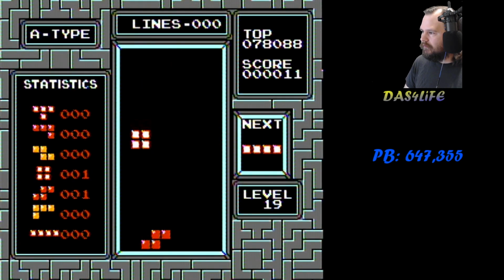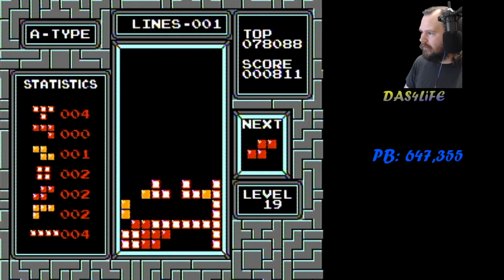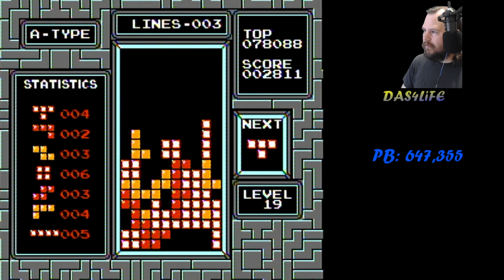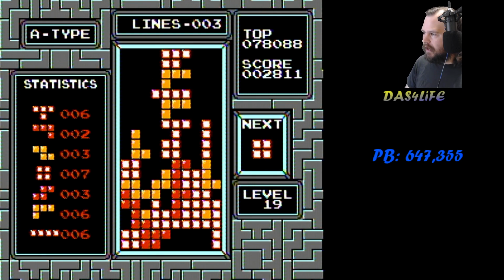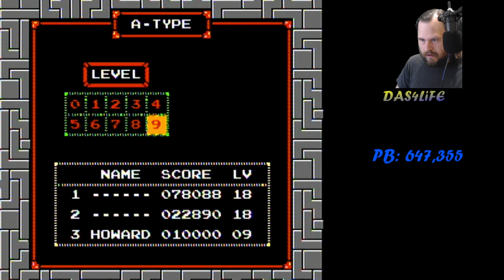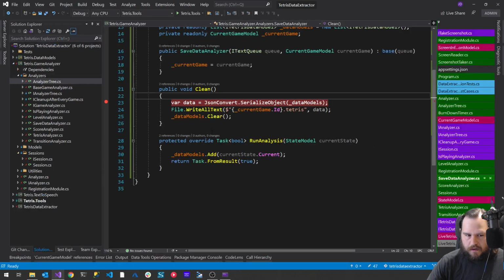New game starting at level 19. Yes, I'm not very good. Okay. Game is done at 2811. Why isn't my breakpoint being hit? New game starting at level -1. Do I